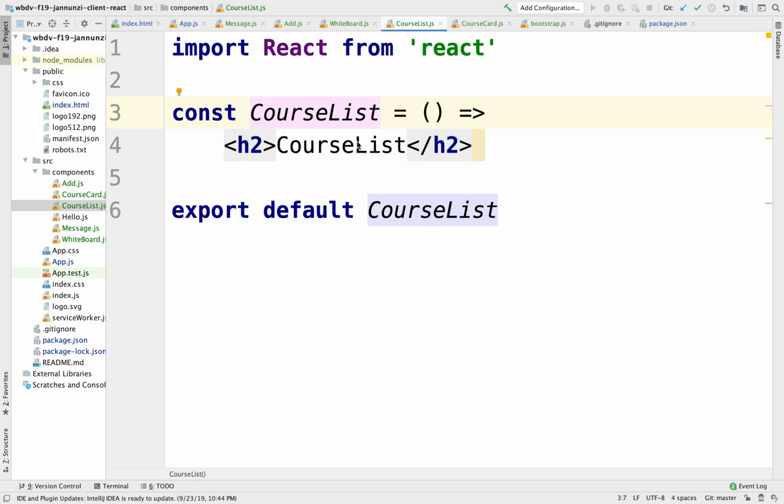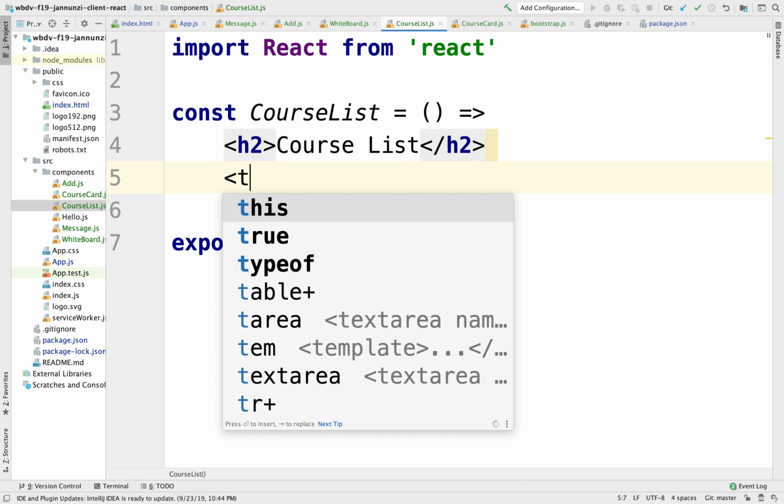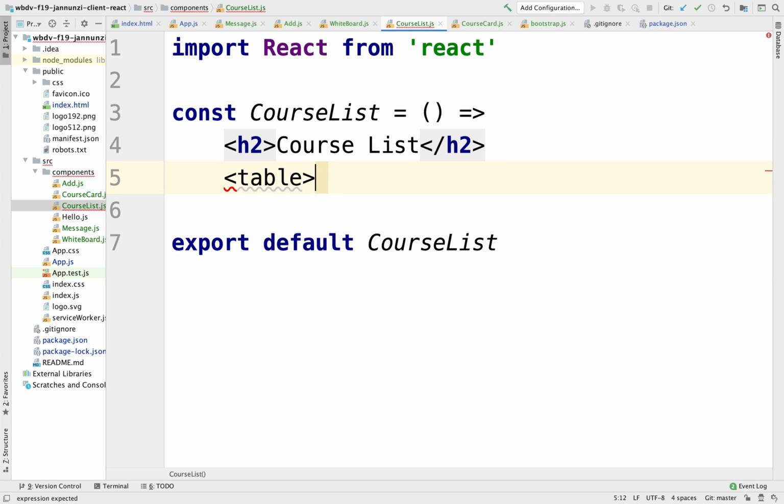Now this course list can just render like that. Perhaps what I wanted to be able to do here is render a table of courses. So maybe we can start rendering that as well. So this would be a table. Notice that it starts to complain, when we have more than one thing